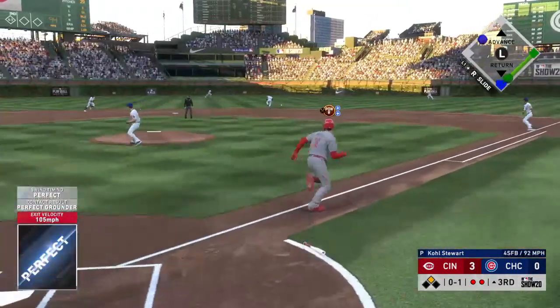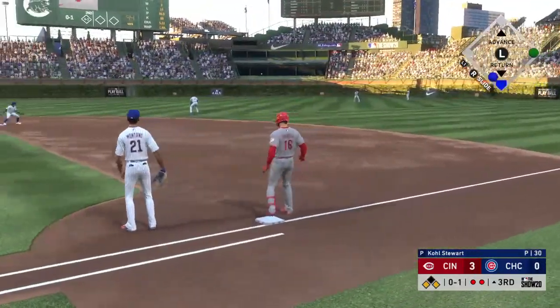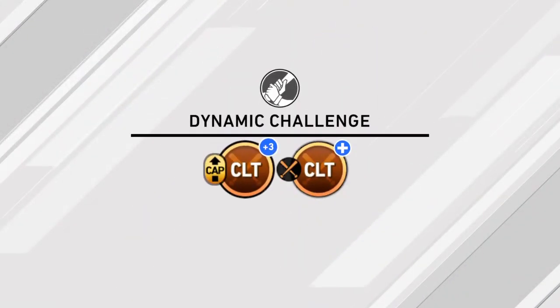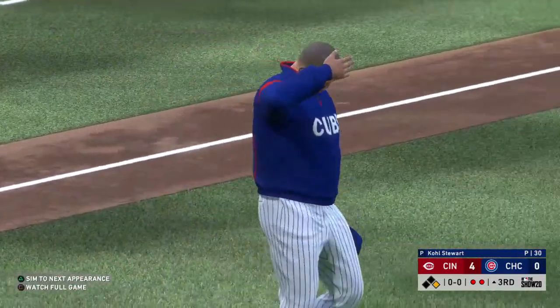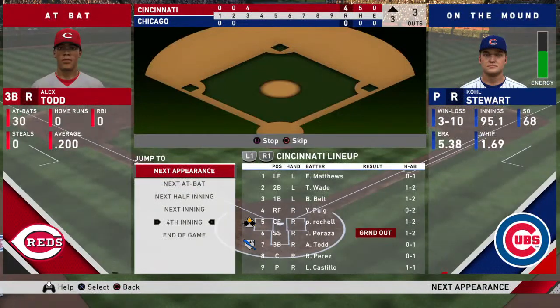Hard hit ball to second. And that's through into right field for a base hit. And the run will come across to score from second, and they open it up to 4-0 now. Yeah, and when a pitching coach goes to the mound this early, he's probably...